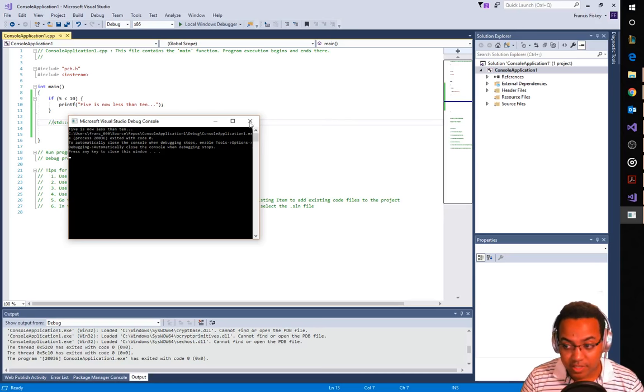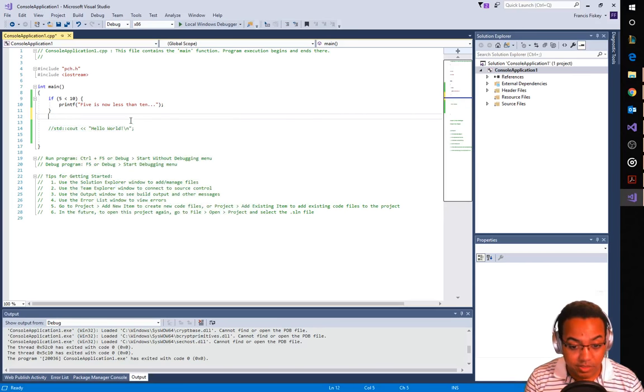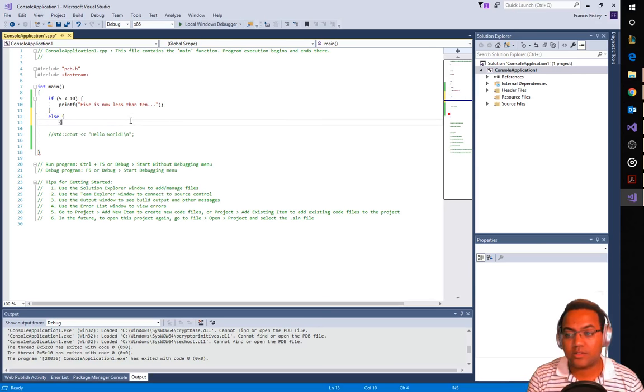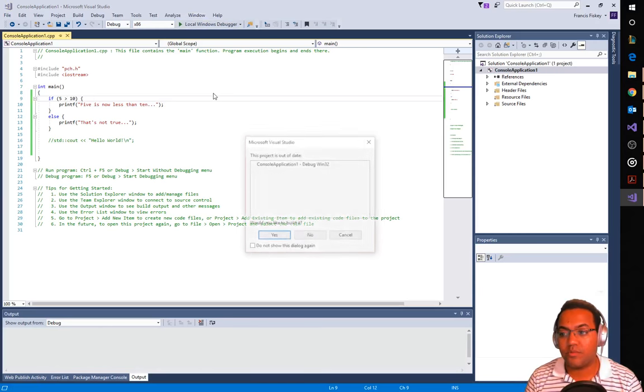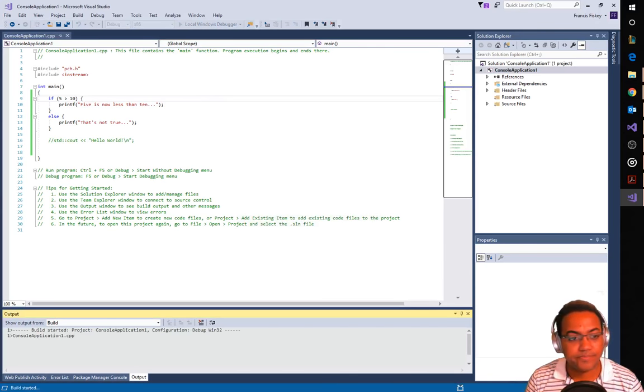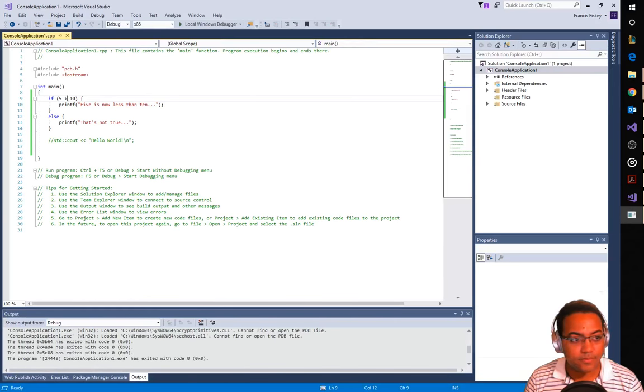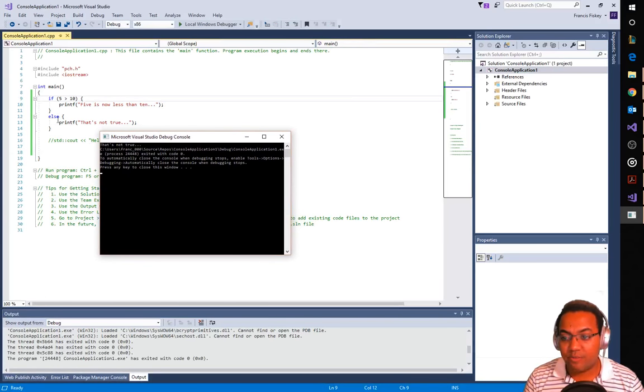Now, let's say, and I'm going to cancel that out. Let's do an else. Else printf, that's not true. And let's say that 5 is greater than 10. So we have our if, we have our else. If 5 is greater than 10, which is not true, by the way, so this is false, this will not